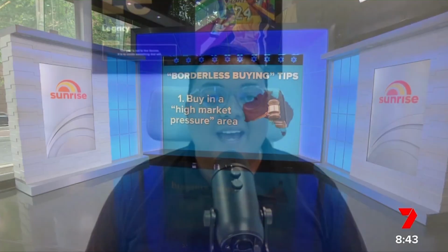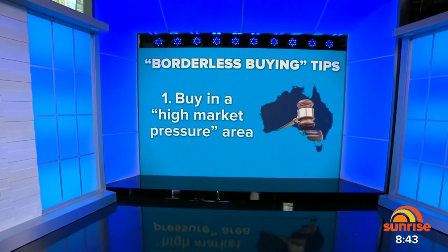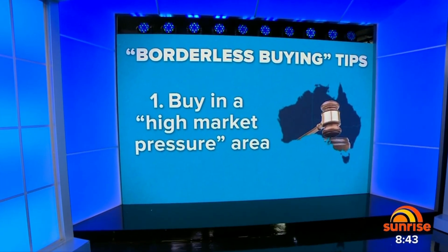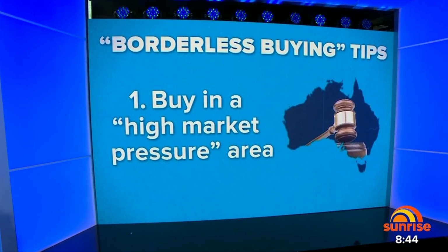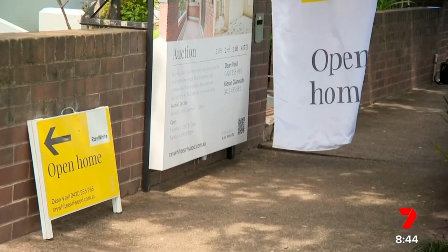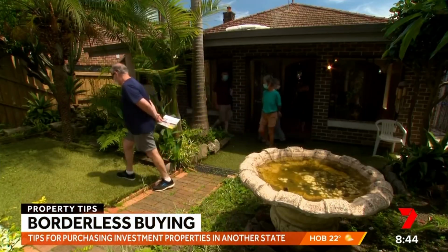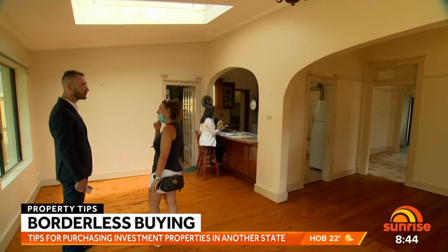Good morning, all. This is where I get the property lab coat on. I'd start off with what I call market health. This is where you're looking at economic activity, jobs, affordability, infrastructure, population. And then I'd start to move on to what I call market trends. Market trends are all about listings, sales volumes, days on market, vendor discounting, vacancy rates, yields, and rental days on